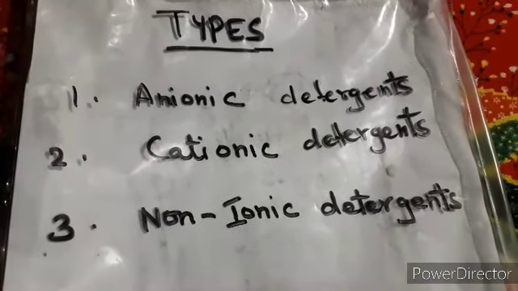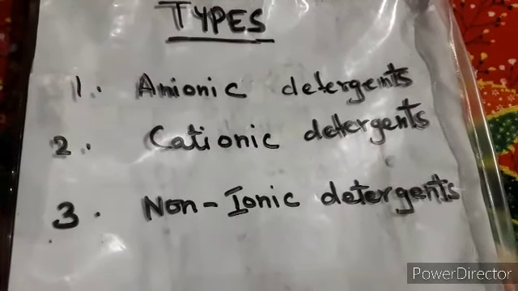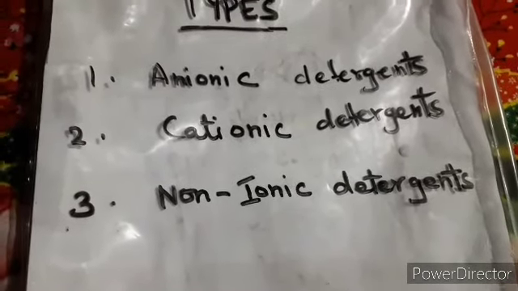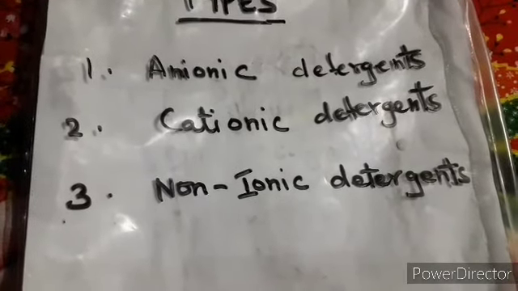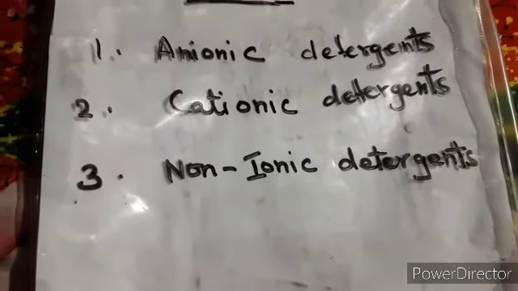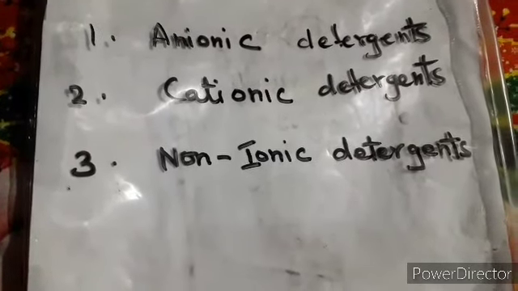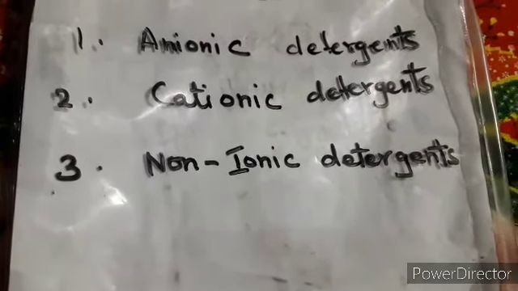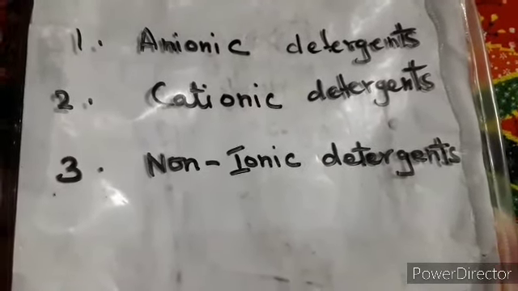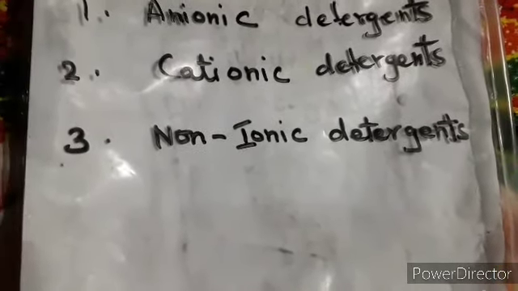Now we'll see the types of detergents, and I have written the three categories: anionic detergent, cationic detergent and non-ionic detergent. Let's focus on the anionic detergent first. You will see why the name anionic is given. A detergent is said to be anionic when a large part of the molecule is an anion and it is involved in the cleansing action. It means this detergent contains a larger amount of anions, and these anions participate in the cleaning action, right?